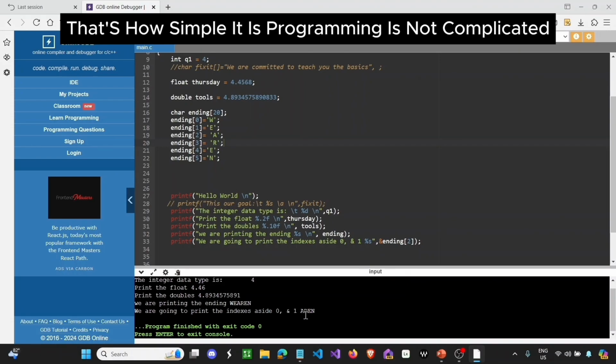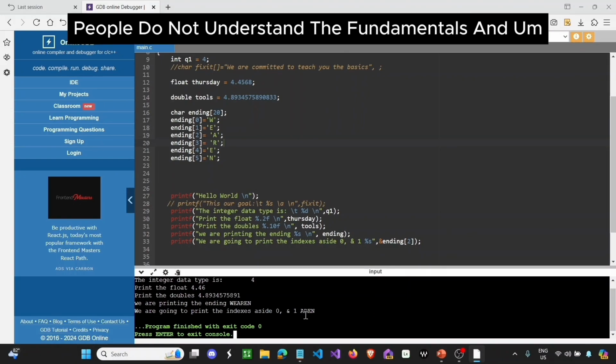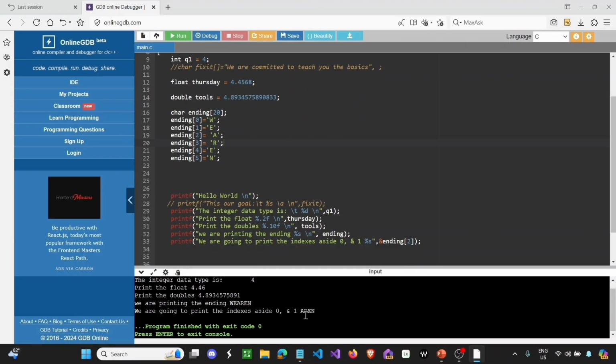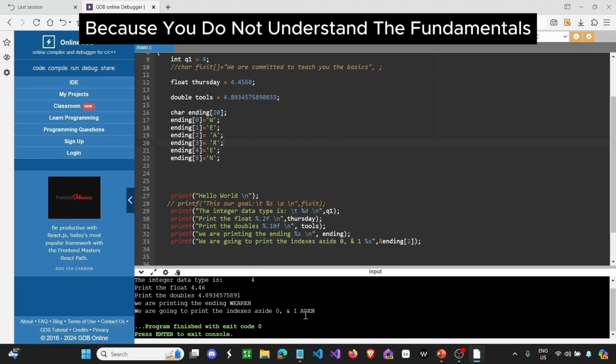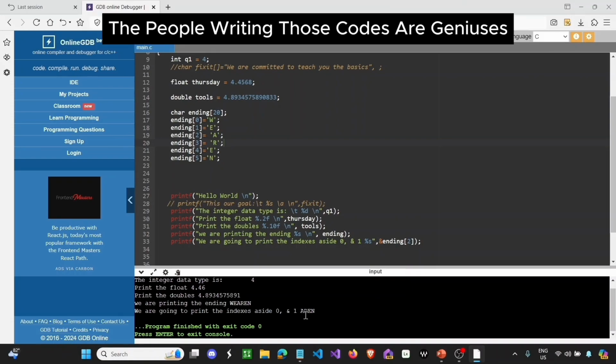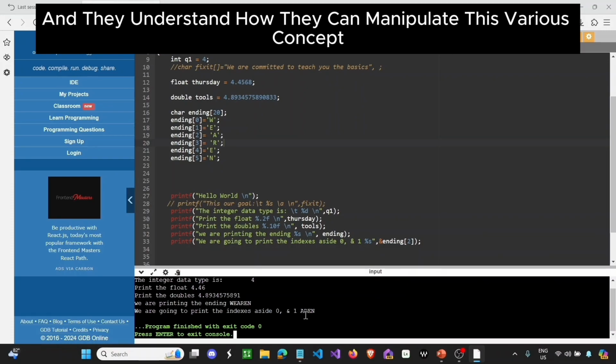That's how simple it is. Programming is not complicated. The only problem is that most times people do not understand the fundamentals, and they see a code that is written and think, oh, programming is too hard for me, because you do not understand the fundamentals. When you see code, you start feeling like these are complex, or the people writing these codes are geniuses. They understand the foundation, they understand how this code works, and they understand how they can manipulate